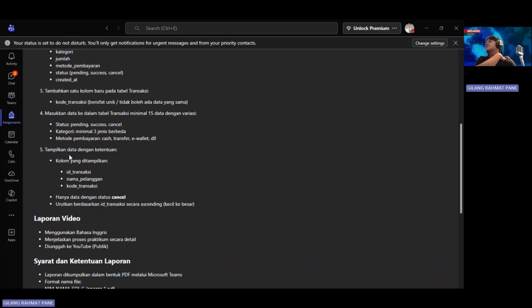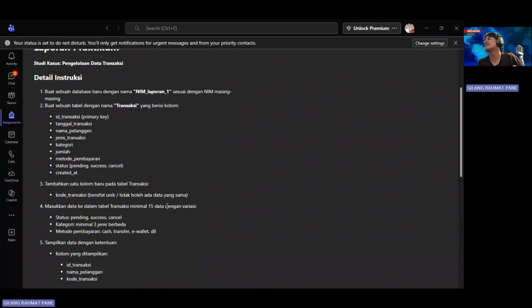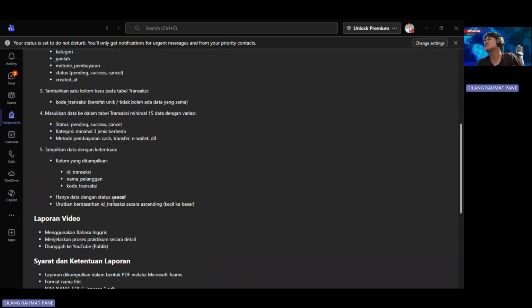Then we need to show only the transactions with status cancel, not success or pending, and arrange them from small to large, so it's using ascending order.